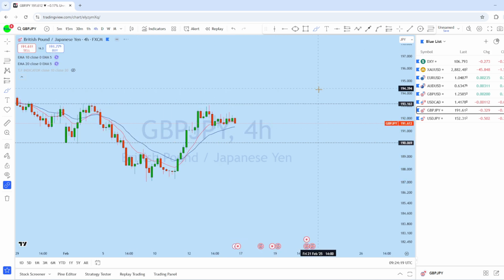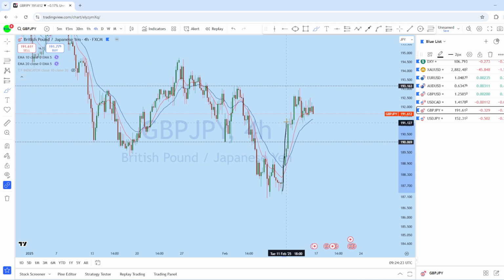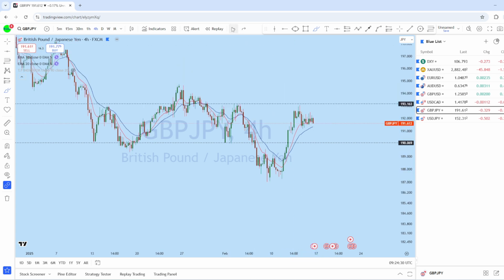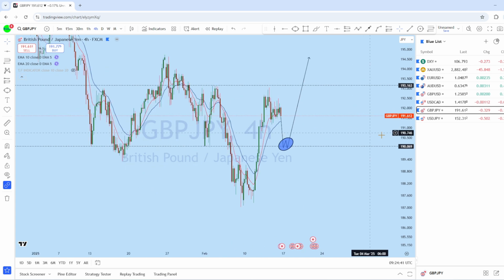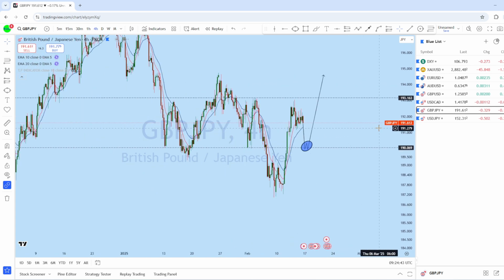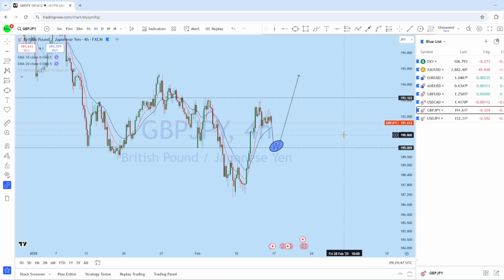If we look at the 4-hour chart to see how the market might be evolving, we can see that there is a breakout, narrow pullback, another breakout. The market is forming a triangular pattern formation here, expecting from the triangle for the market to potentially break to that level and then bounce back up. So this is where you will be looking for a potential bullish trading opportunity on GBP JPY. As soon as you find a suitable entry, we'll be looking at going long with a high probability trade setup.